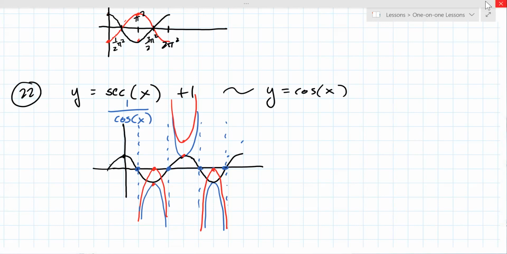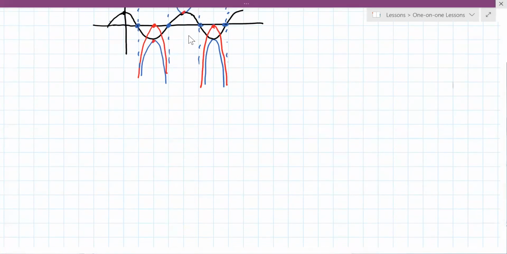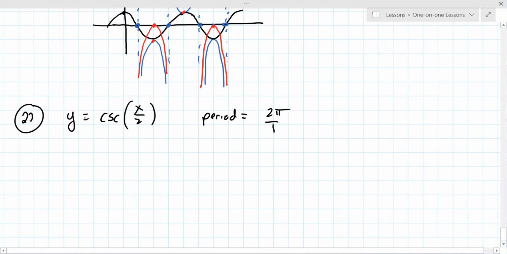Let's do 23. Okay. Because it's somewhat related to what we just did. All right, so y equals cosecant x over 2. I know it's this theta, but it's x over 2. Because there's a number in front of x, the period is equal to 2 pi over b, which is 2 pi over 1/2, which equals 4 pi. The reason we need that is because we need to actually graph the sine of x over 2. So the sine of x over 2,